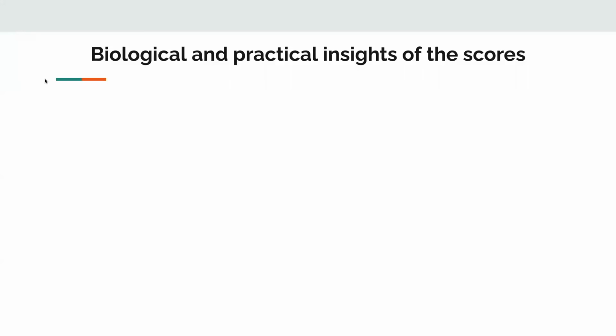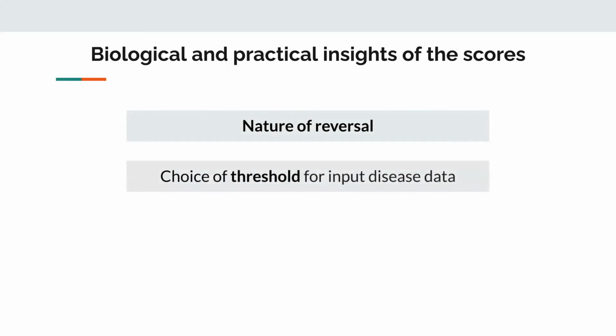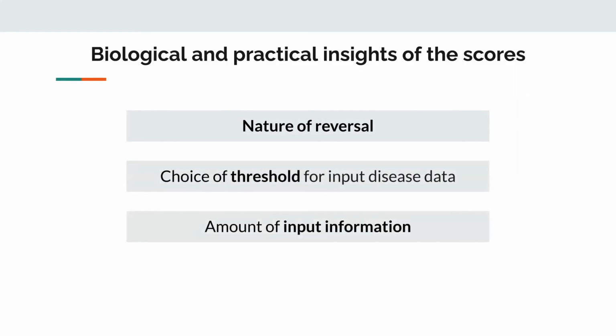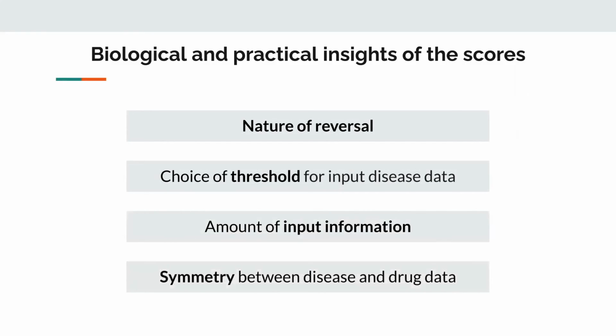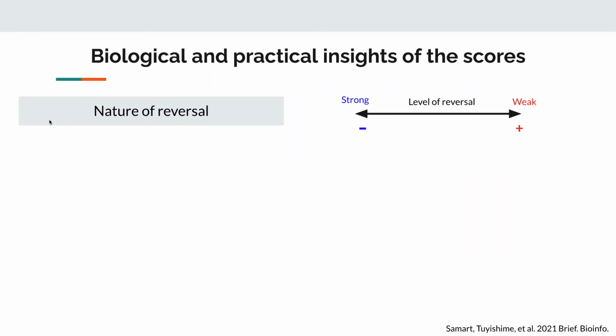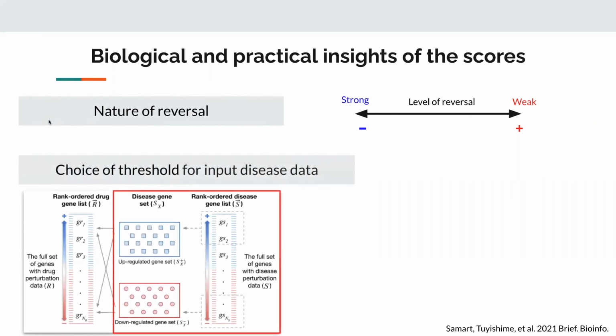Our reconciled scores helped us reveal four biological and practical insights of the scores, such as nature of reversal, choice of threshold for input disease data, amount of input information, and symmetry between disease and drug data. For the nature of reversal, a lower negative score indicates a better reversal relationship between the disease and drug. The second insight